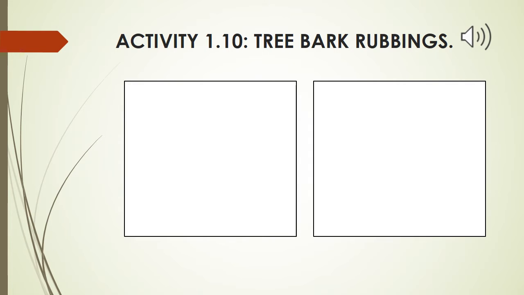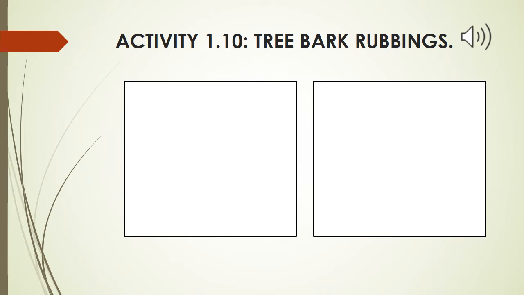Hello students, today we are going to do some skill book work of our first chapter, which is senses and people. As you know, we have done some activities in the previous presentation. Now only two activities are remaining, and they are activity 1.10 and activity 1.13. Activity 1.11 and activity 1.12 cannot be done at home, so we will do them when the school starts. Now I'm reading activity 1.10, then I'll explain it to you, and then you have to do it.